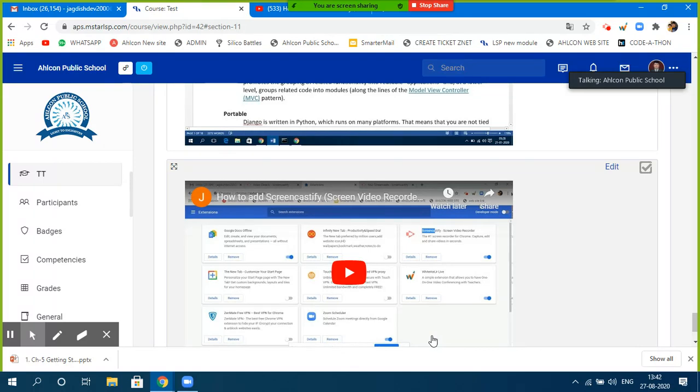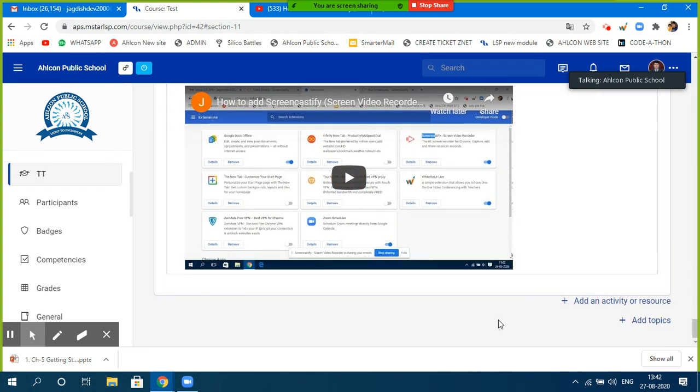The next is, let's say you do not want this platform to be used to display the video alone, you can always share a link of that video and it will simply open that video in a different application, out of this window basically. Right now this is opening in this window and you do not want that, so you can simply give a link, and as soon as you click on the link, it will open that file or video from YouTube or anywhere else you talk about, right? Now you need to click on add an activity or resource again.